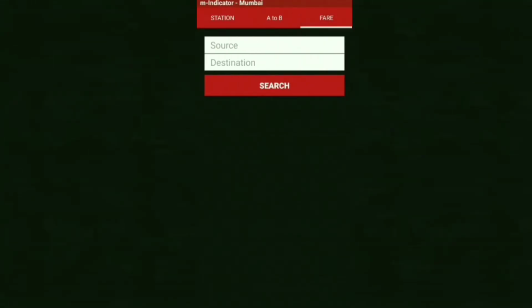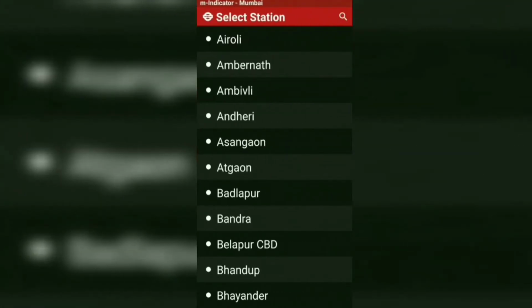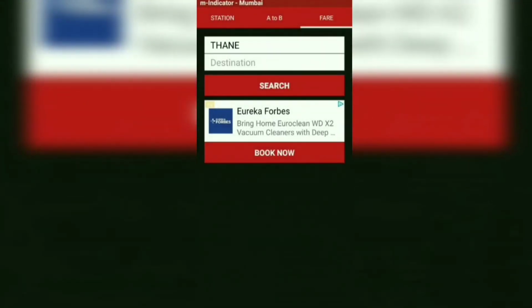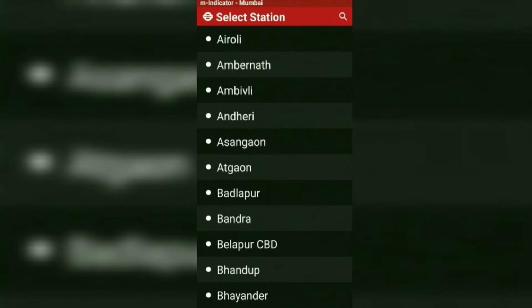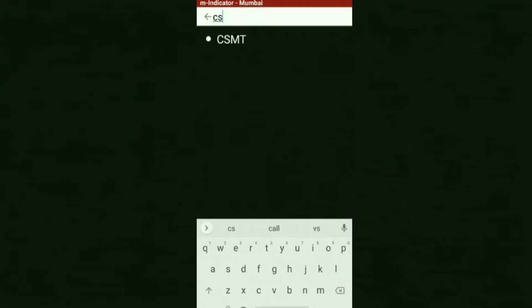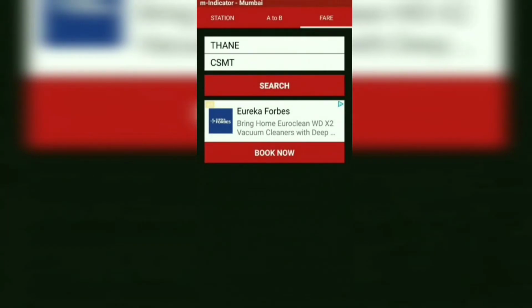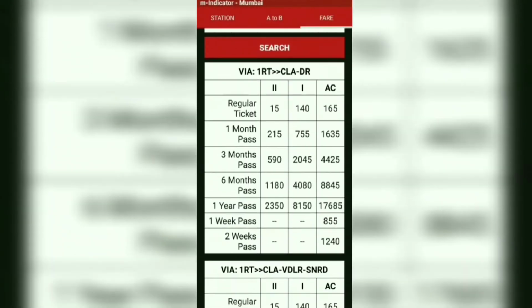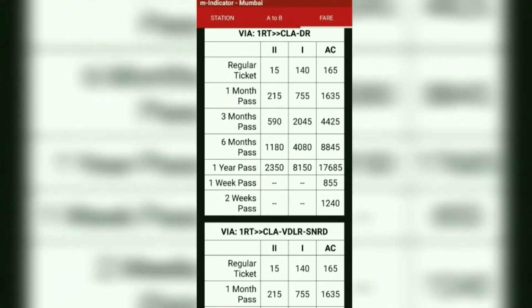You can even find the fare of a ticket. This is the fare of a ticket from Thane to CSTM.